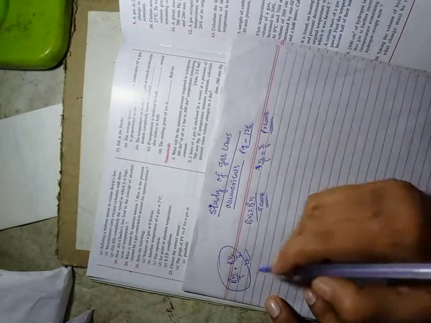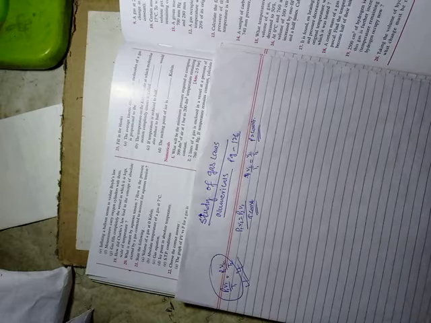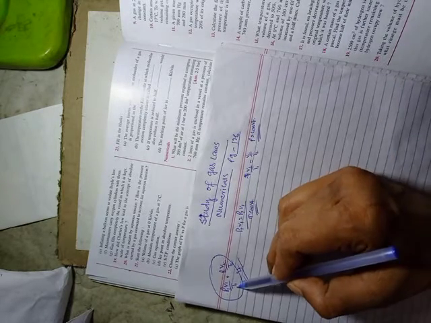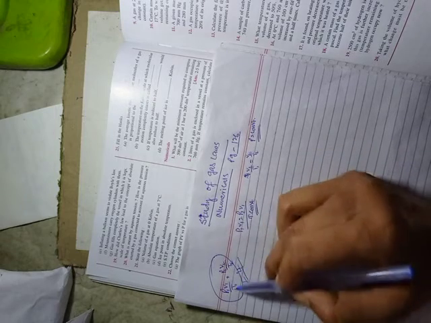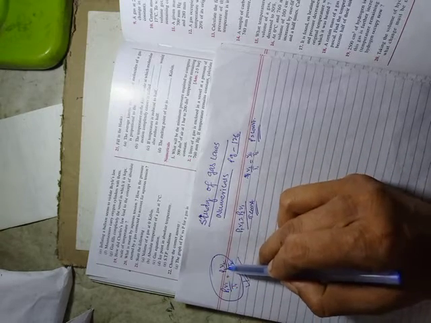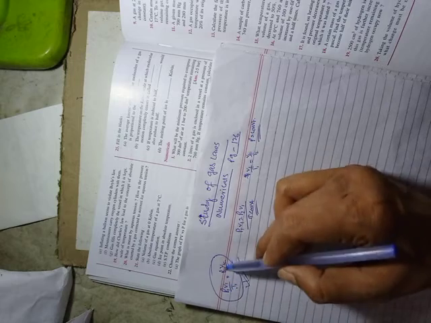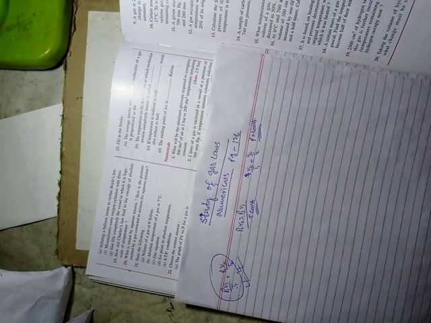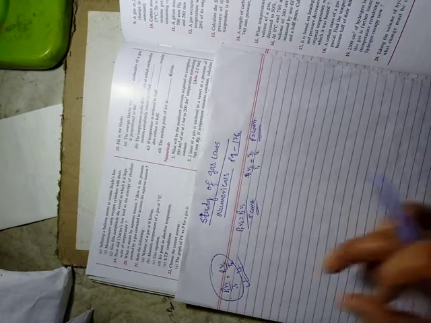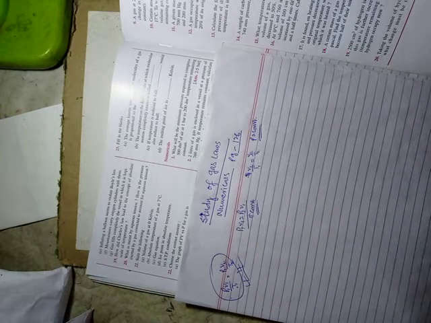Or you can use this formula irrespective of whether pressure is constant or temperature is constant. When temperature is constant, T1 and T2 will be T, and then both sides will cancel. When pressure is constant, P1 and P2 will be P and cancel, then V1 by T1 equals V2 by T2, Charles' law, will automatically apply. So you can use this combined gas equation, no problem.